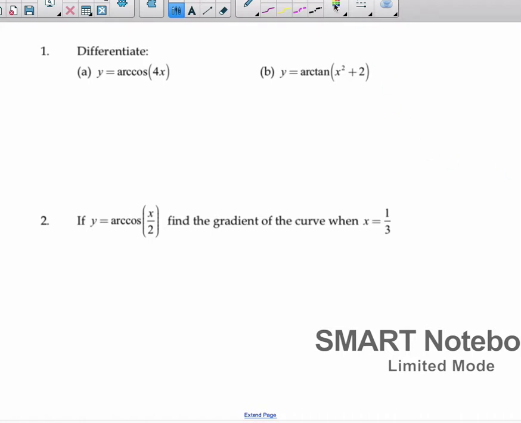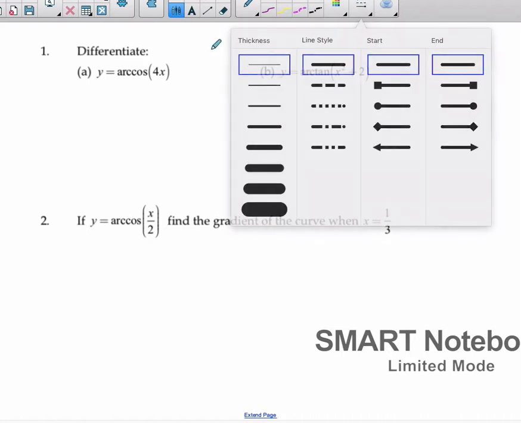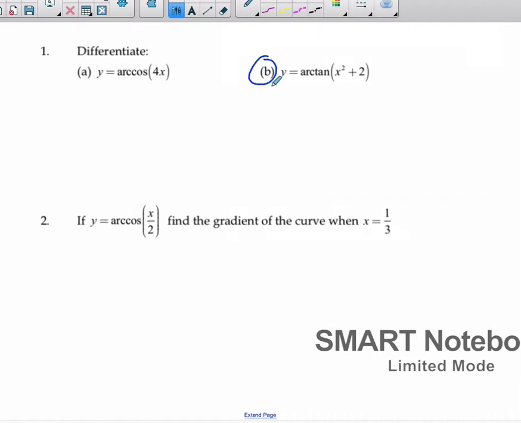Okay, we're going to go over a couple examples, not all of them. You could do some of them yourselves. Let's do this one first. Okay, so the derivative of arctan is 1 over 1 plus x squared. So it's going to be 1 over 1 plus, now the x in this case is this whole function